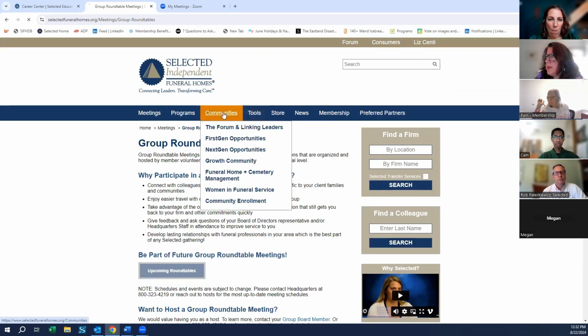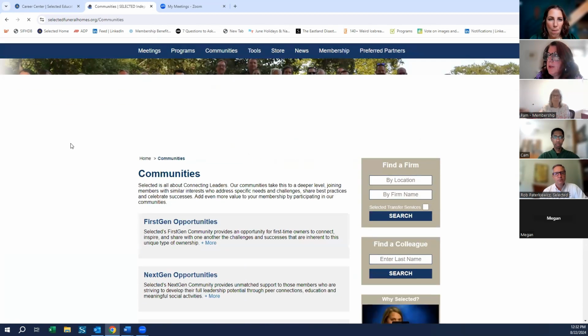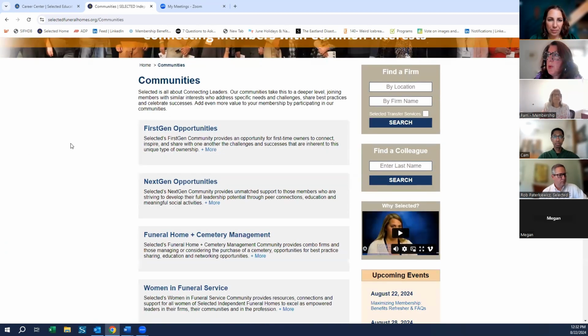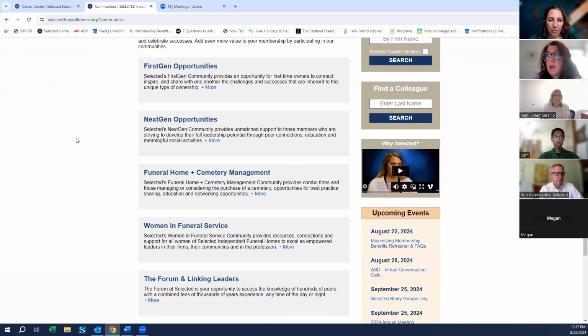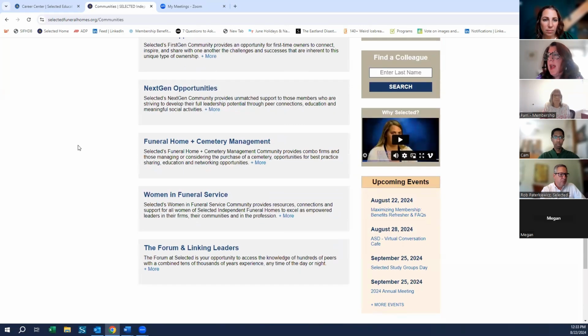All right, on to communities. So we have 4 primary communities here at Selected that your employees can partake in, or you yourself can partake in. It is First Gen for first generation funeral homeowners, Next Gen for the next generation of funeral homeowners, Funeral Home and Cemetery Management, which is exactly what it states, for those who operate an owner-operated cemetery, or maybe are thinking about doing so in the future and want some advice and knowledge building. And our Women in Funeral Service, which is exactly what it says,